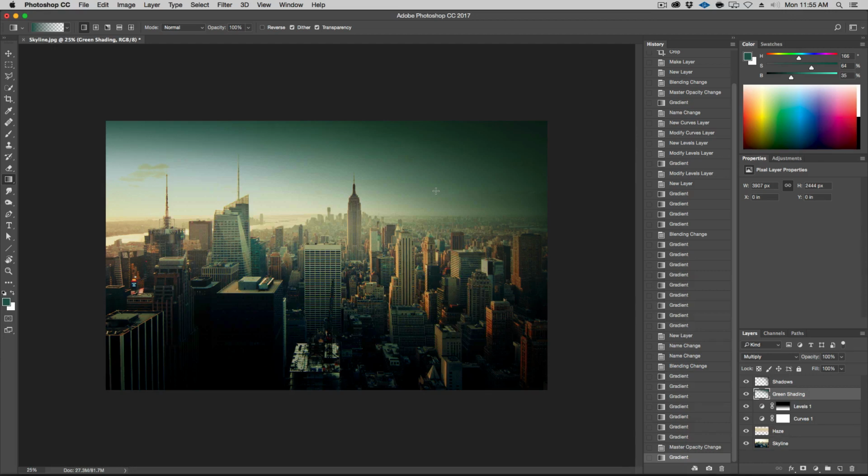So we got our basic crop. We got some shading, and pretty good. I kind of like that. And let's add some sky and maybe some fog in the next chapter.